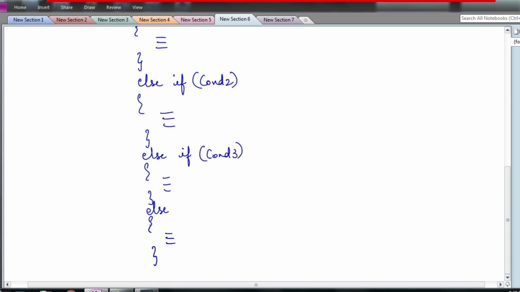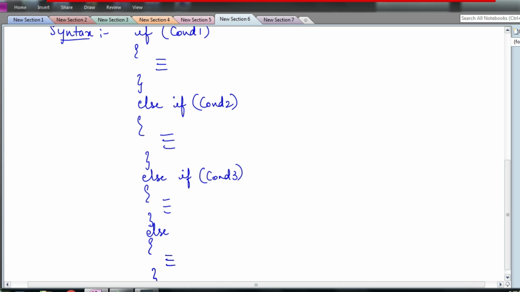So here understand how this works. If any one of the conditions becomes true, all the others will be skipped. There is a possibility that the second and third conditions might also be true, but once the first condition becomes true and this gets executed, for the further conditions, whether true or false, the compiler will not even check them. So the order in which you place these conditions is important, and based on the order you are going to get the appropriate result. If none of these conditions are true, then this final else block will get executed.